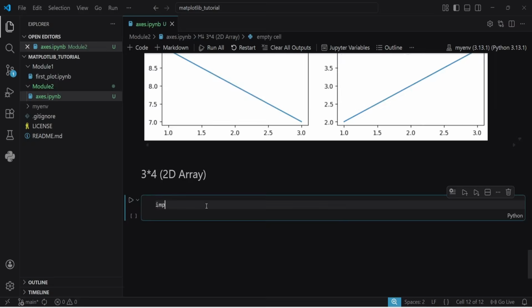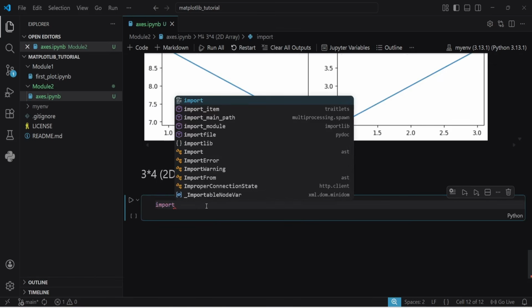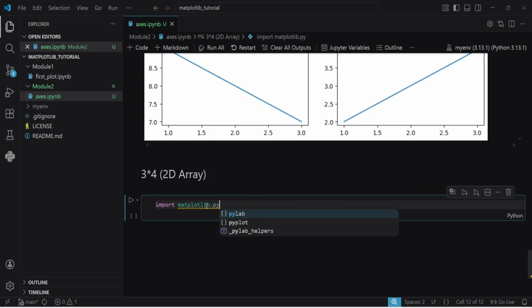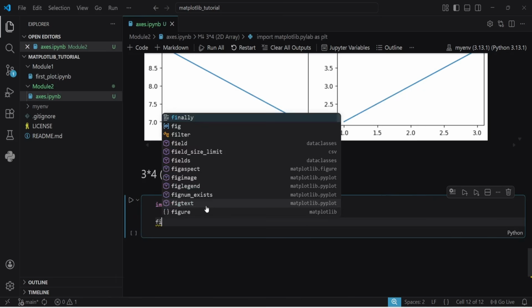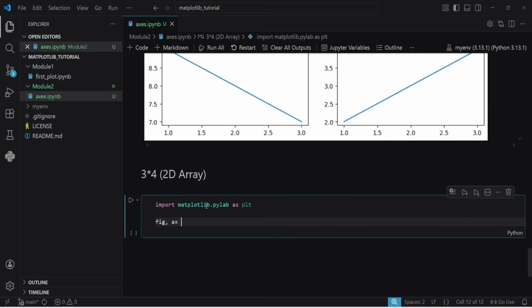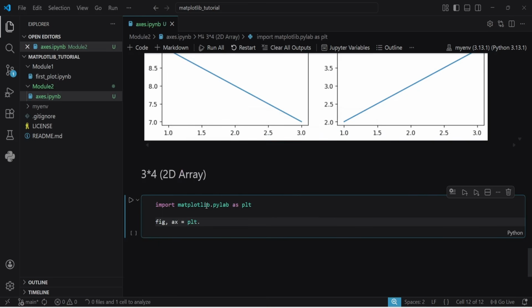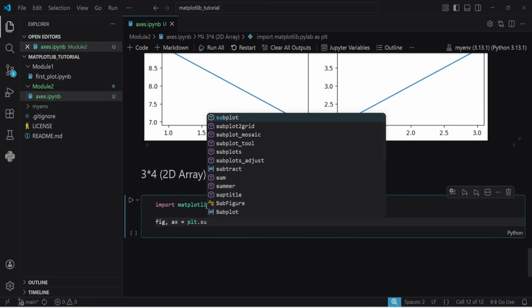Now again I have to import matplotlib.pyplot as plt. Okay. Now I have to write figure, axis equals plt.subplots,